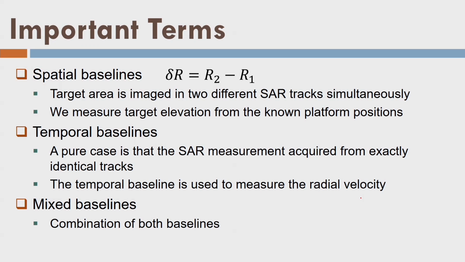First is spatial baseline. Let us assume that there are two radar sensors indicated by my fingers here. One radar sensor is located here and another here, and both are observing the same point on the terrain at the same time. That means there is no time difference in their observation, so we call the temporal baseline 0. The time at which both are observing is the same, and that is called the 0 temporal baseline. Now if you see, there is a clear difference in the distance between the two positions of the radar sensors, and this difference is called the spatial baseline. I hope that you agree with the idea of spatial baseline and temporal baseline.